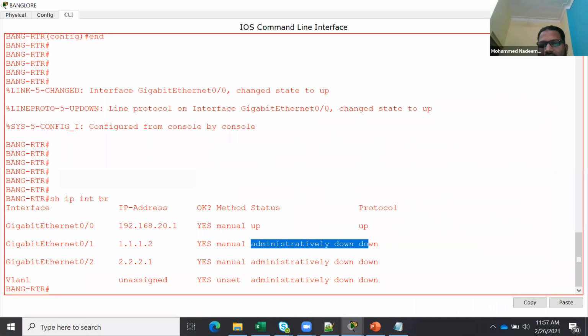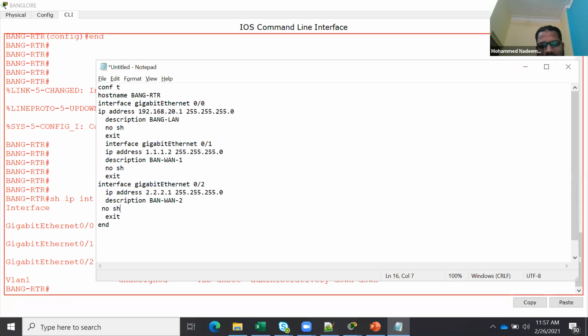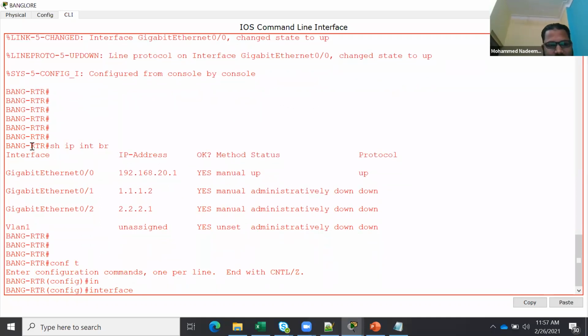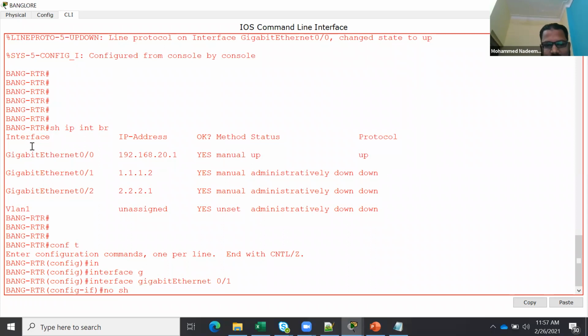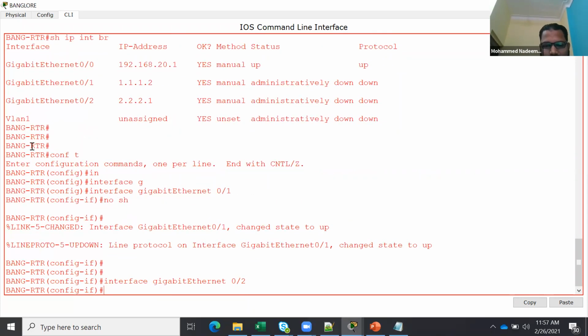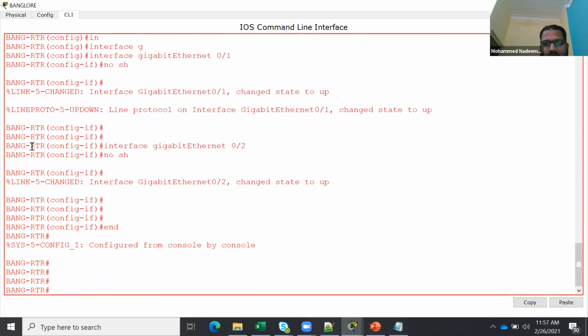Administratively down. It means in my configuration I forgot to put the no shutdown. Under the interface I have to put no shutdown, right? I forgot that. So I can go and do that manually. GigabitEthernet 0/1, no shutdown. Done. Similarly, I can go and say 0/2, no shutdown. Done. So my Bangalore router is done.